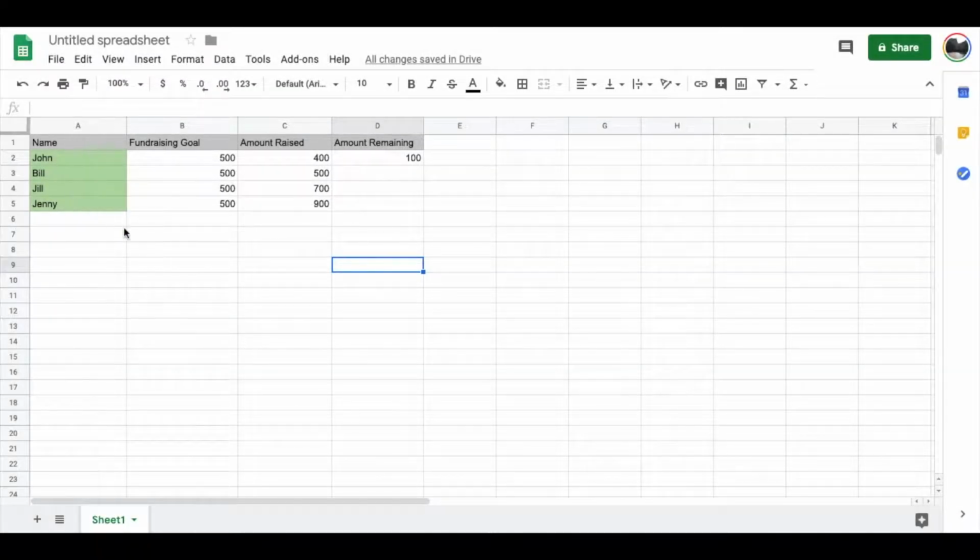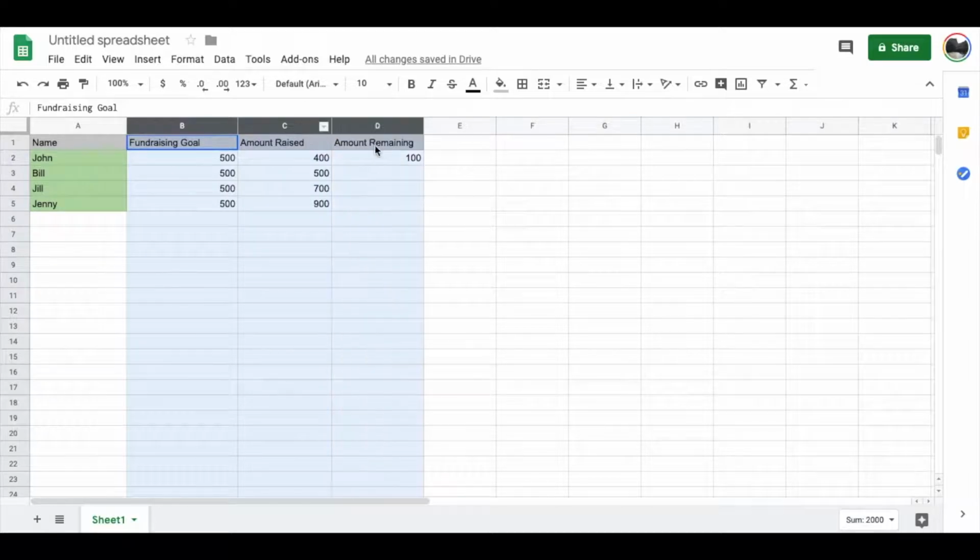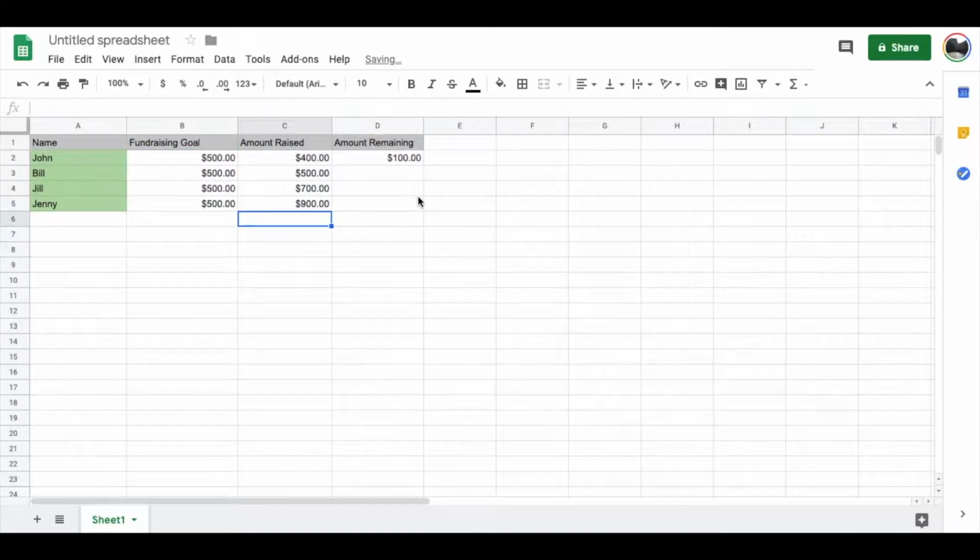Okay, so in this example, what I've done is I've set up a small little spreadsheet. And what we want to do is basically have some fundraisers. So you have 4 fundraisers with their specific goals, the amounts that they want to raise. In fact, I'm going to change this all to dollars just to keep it fresh. And then I want to show a column for these specific people of how close they are to their specific goal, as well as if they're over their goal. And then I want to show them, hey, how much do you actually have remaining that you still need